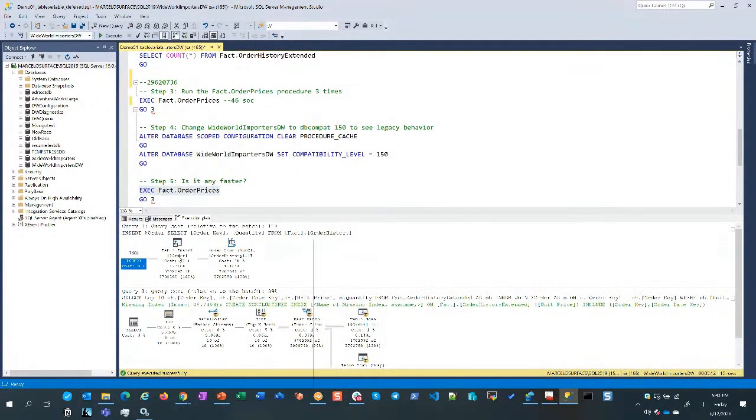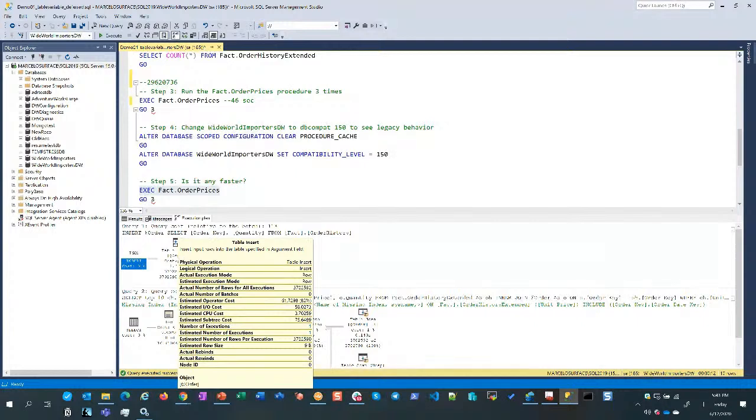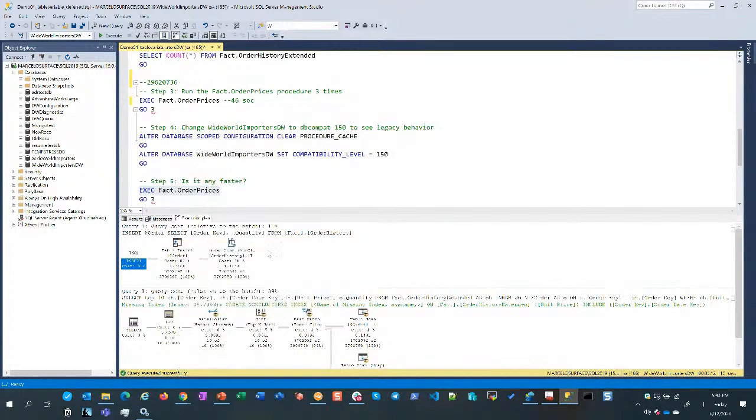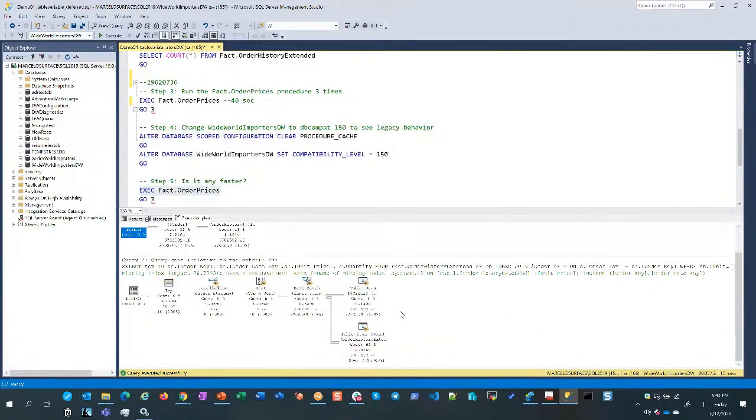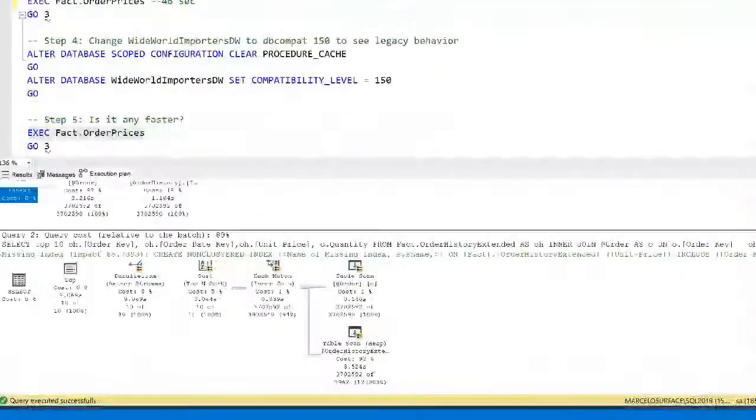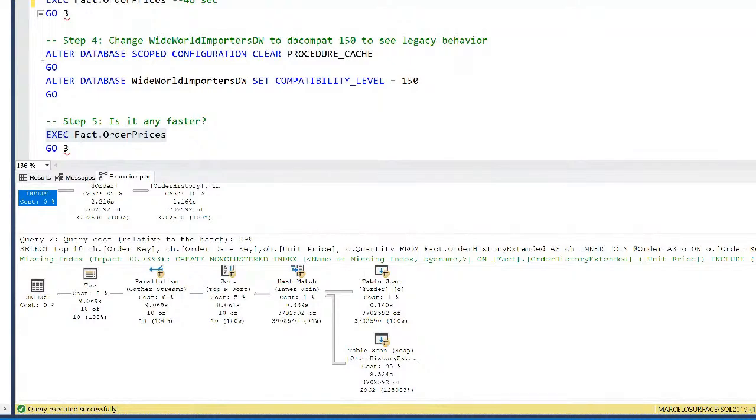You see table inserts on the table variable here. It's 11%, and then you have 89% of the whole statement cost in here, which is good. I'm not going to take a closer look at the index, but take a look. We have a hash match, hash match, and we have a table scan in our order table variable. However,